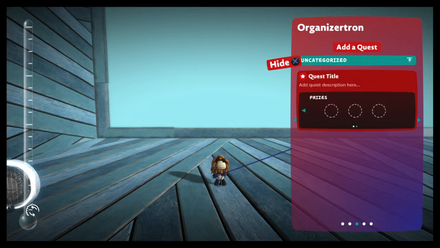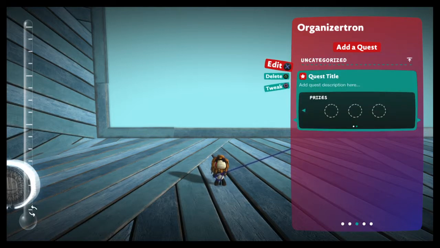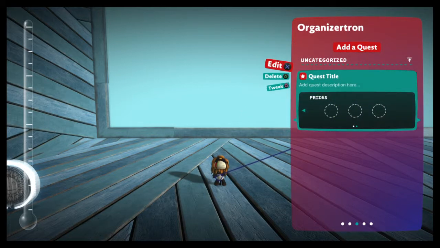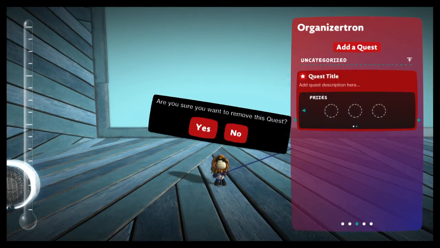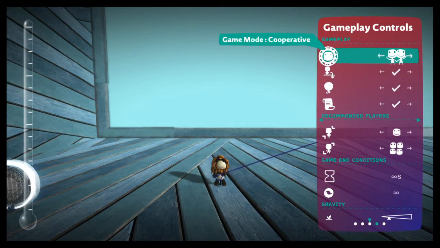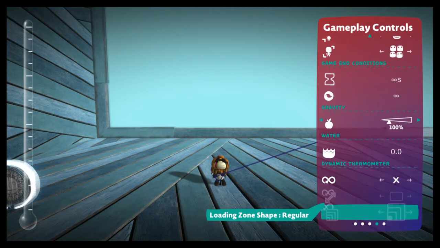So we can hide them, we can unhide them. There we go. So when the whole thing is selected, then you get these other items that come up. You can hit the square button to tweak it a little bit. And then there's some other options. We'll get into this later. We can test our quest. And if you want to delete, you can always delete it. And yes. So next we get into gameplay controls,